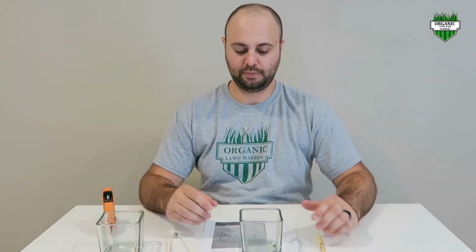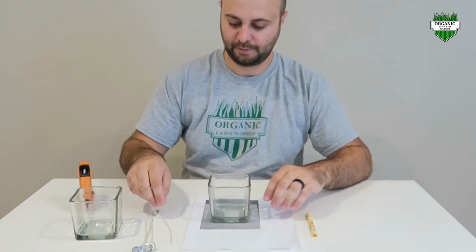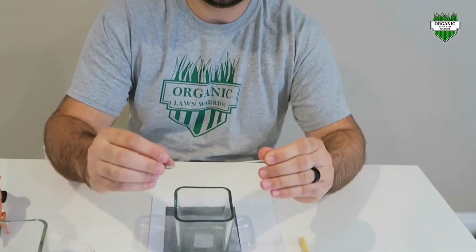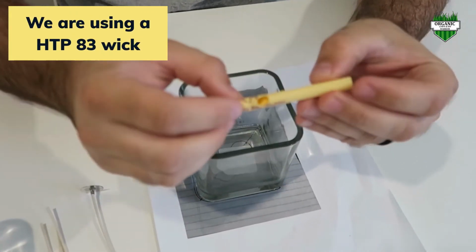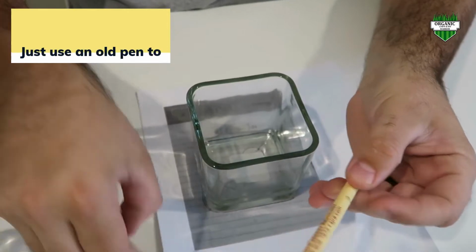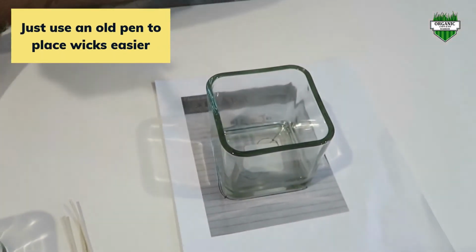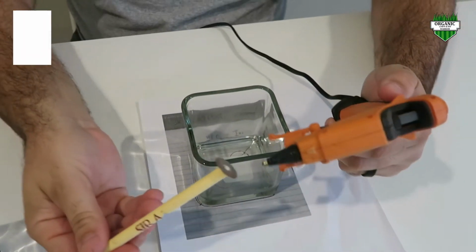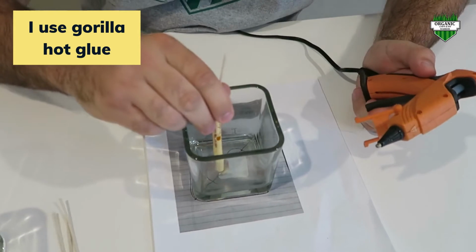So we're ready now to place our wicks. What you want to do, if you don't have a template like myself, but I am going to use the template, is take my jar and put it over top of the template. You're going to take your HTP 83 wick here. What I'm using here is just an old pen. Just take the insides out. Basically what you want to do is feed the wick through there. You want to take your hot glue gun, put a little hot glue on there,